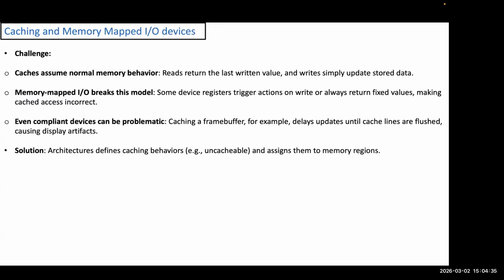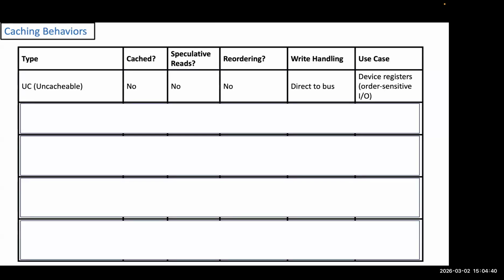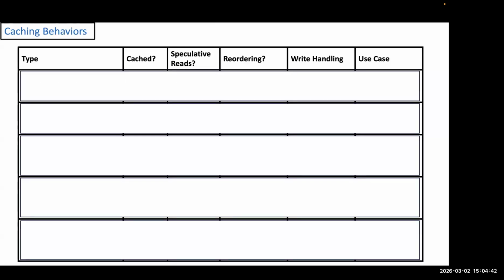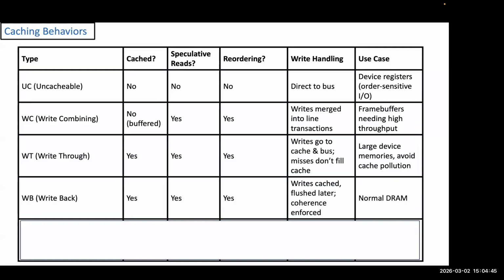So what are those different cache behaviors? One of them is uncacheable. Maybe it makes more sense if I skip all these and start with the write back cache behavior. Why am I starting with this one? Because this is the standard cache behavior. When you don't have any problem created by memory mapped IO devices, meaning they show exactly the same behavior as any other memory location,